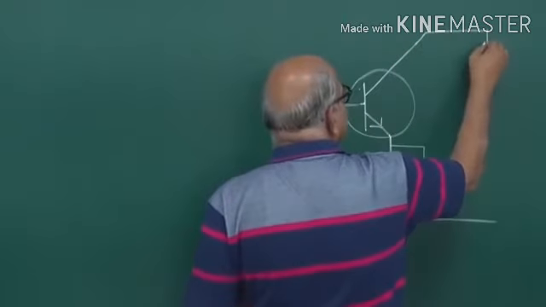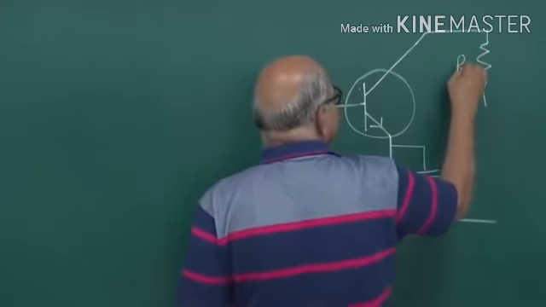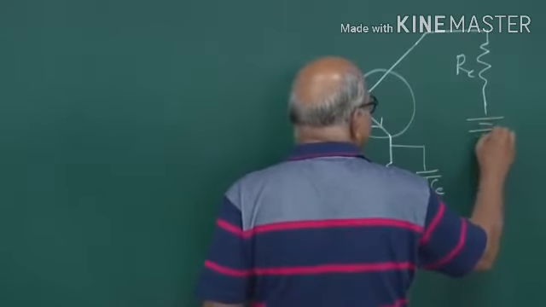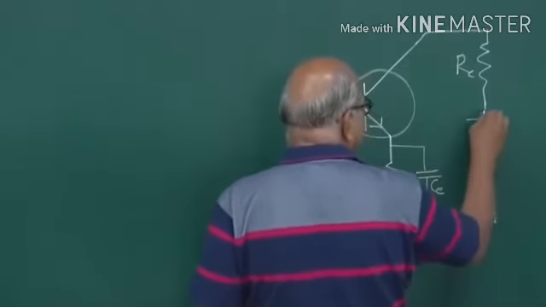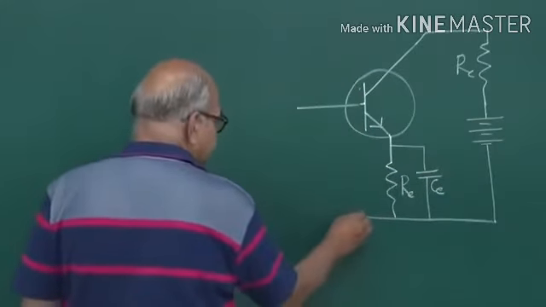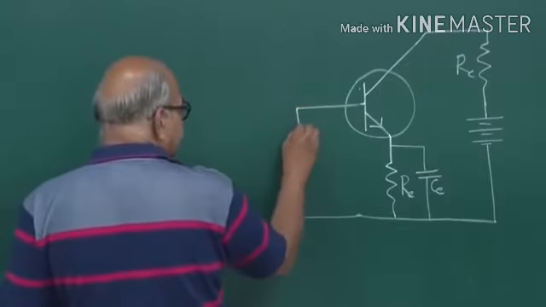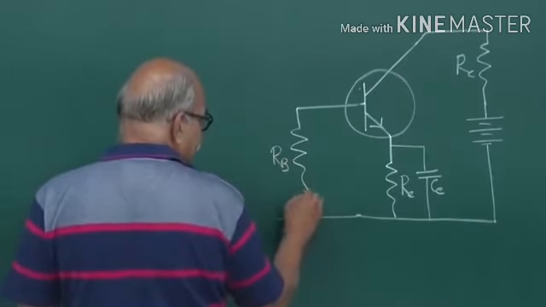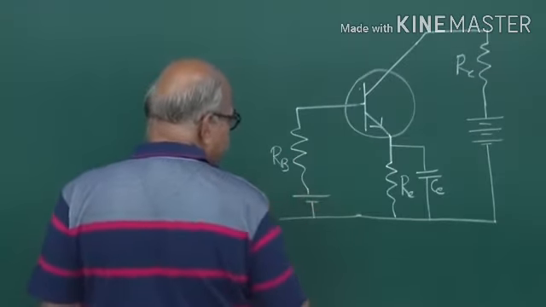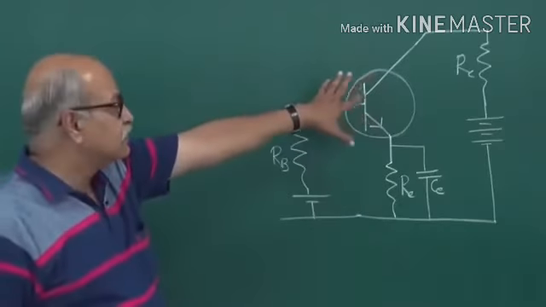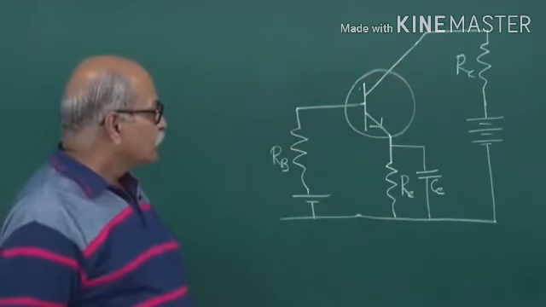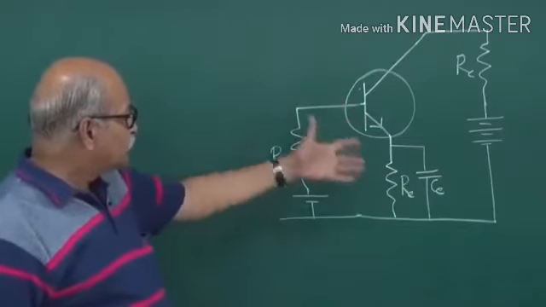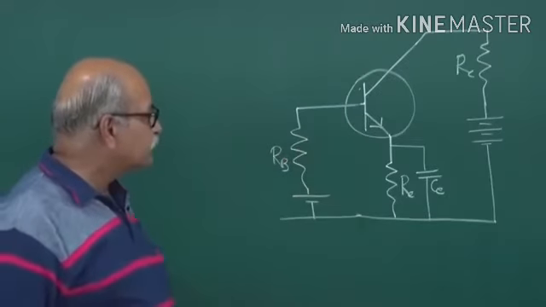So we put up a resistance RC, and then the bias voltage here like this. And on this side we have this RB resistance, and then we put a biasing voltage once again here. So this is the basic configuration of this amplifier. This we had discussed in detail. There are some more modifications, but basically this is the thing.